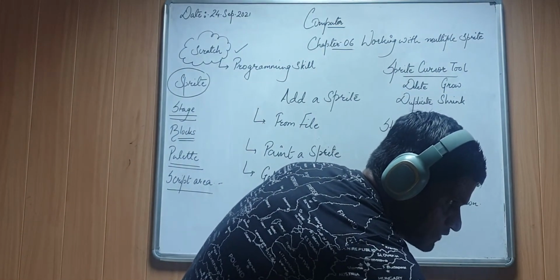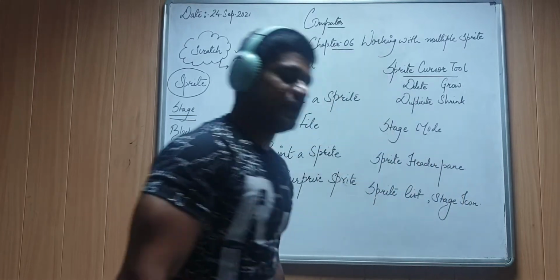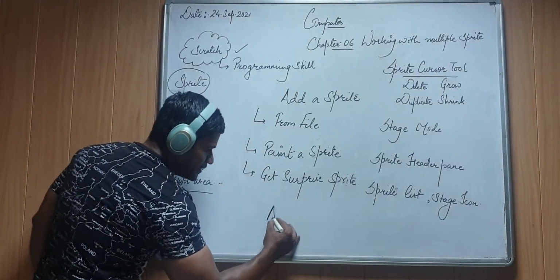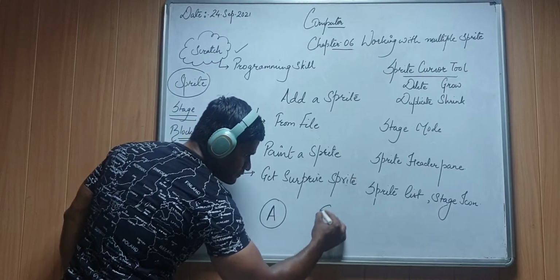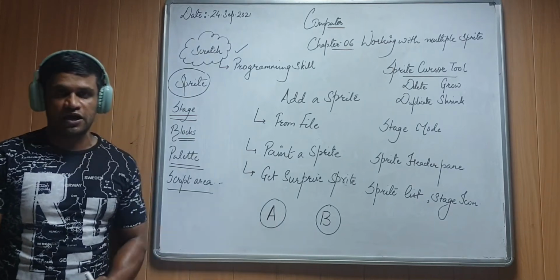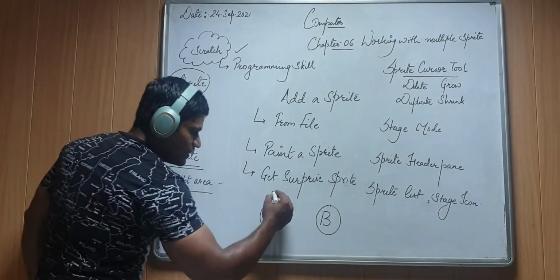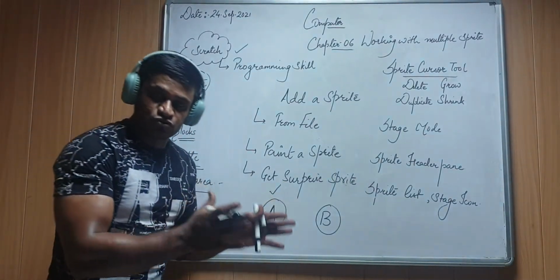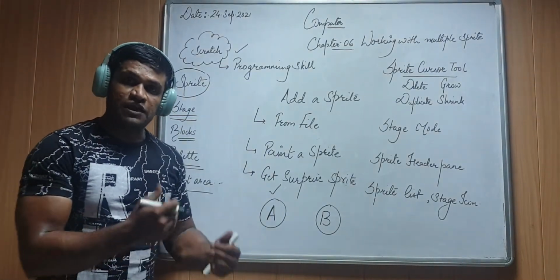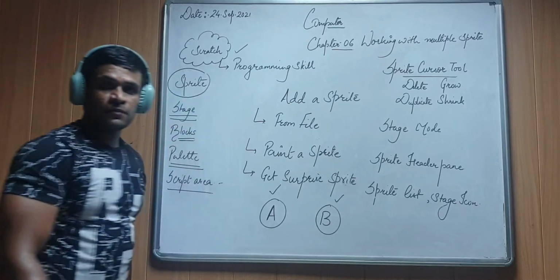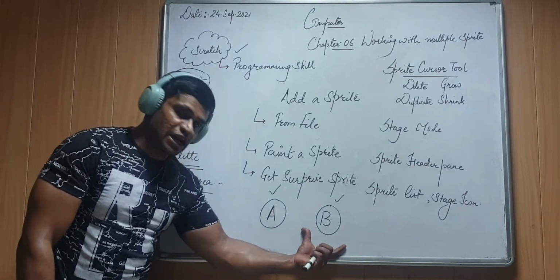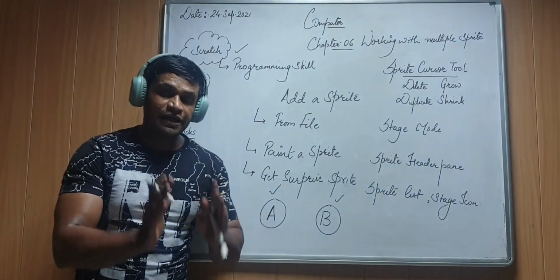After this, we have working with multiple sprites. As I had told you in the beginning, to work on multiple sprites, let's say we have two sprites, sprite A and sprite B. You have to code on them individually. You have to do the scripting individually. You will click on sprite A, then you will join or combine the scripts for A. If you want to have the script on B, you will have to select B first. What I'm trying to say is the script of A will not work on B, and the script of B will not work on A until you combine them.